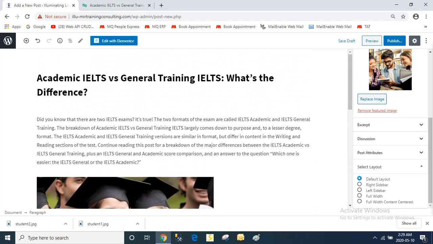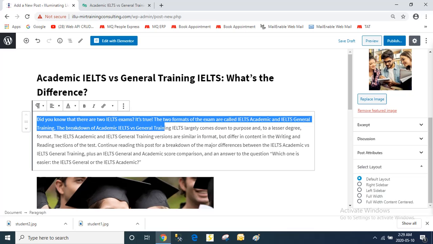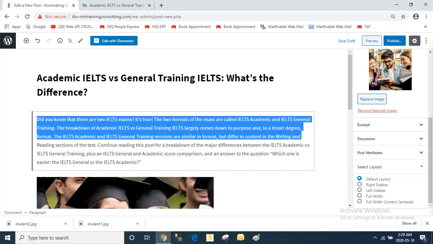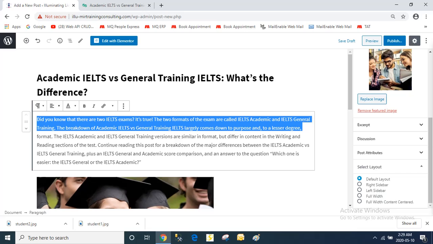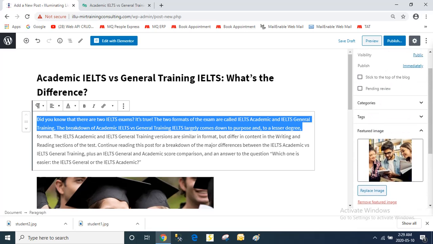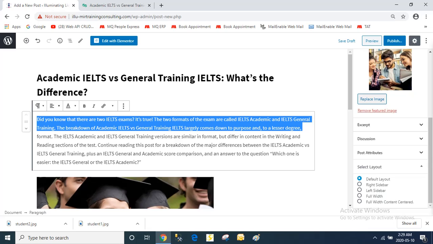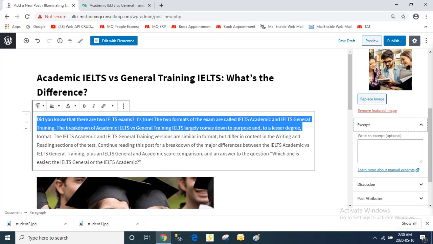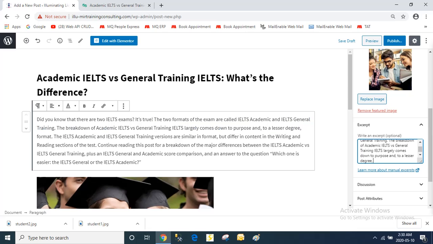And I want to show one more thing. Suppose whenever your post is visible, you don't want to show the complete post, if you want to show only 2 lines, then do one thing: just copy 2 lines from here, and in Documents, before the featured image, the Excerpt option is there, just click on here, just paste here. And